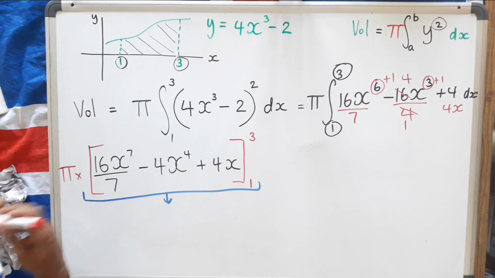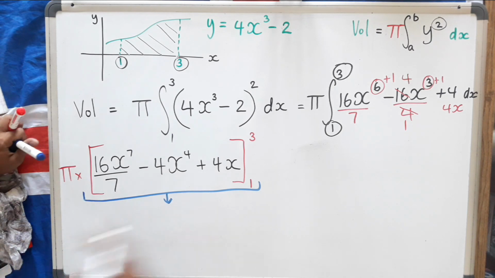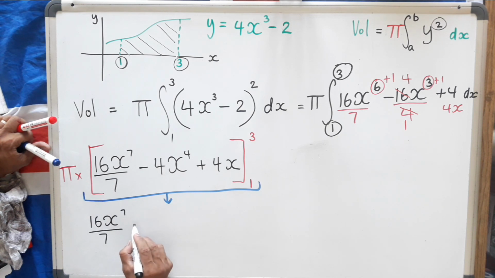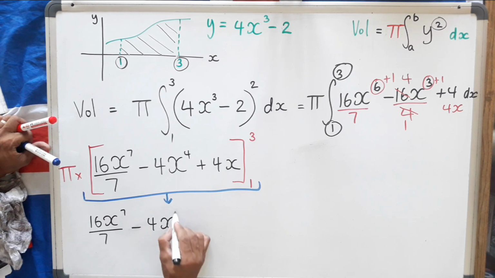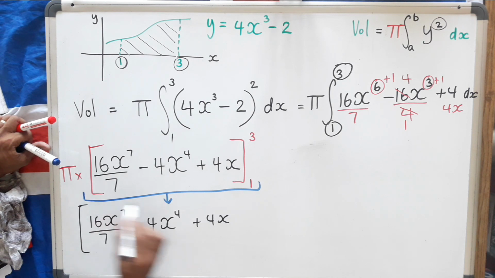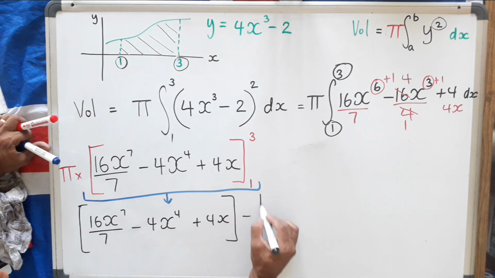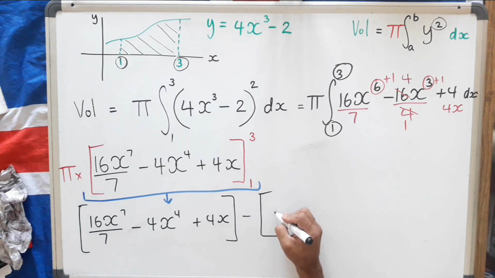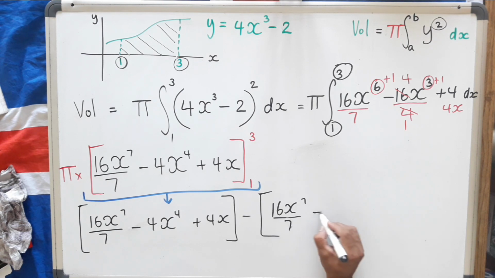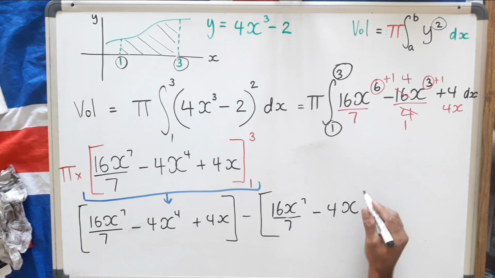Let's work this out here. So you know the procedure by now. Give me some time to write this out. I like to work out everything in full. You could try working it out before me. Put this in our big square brackets. Minus, right back the same exact thing. 16x to the power 7 divided by 7. Minus 4x to the power